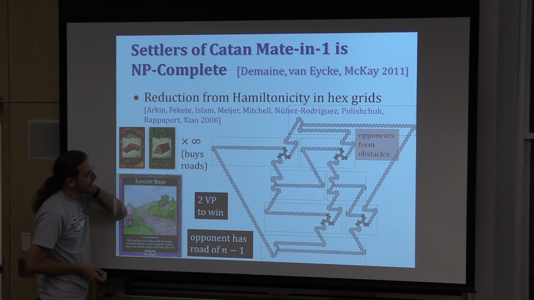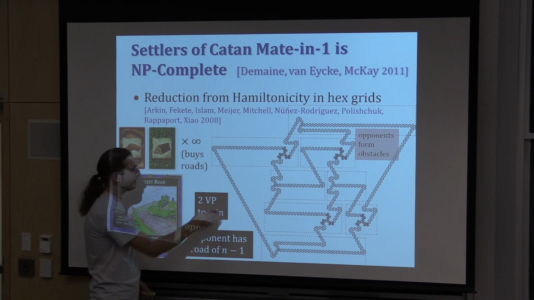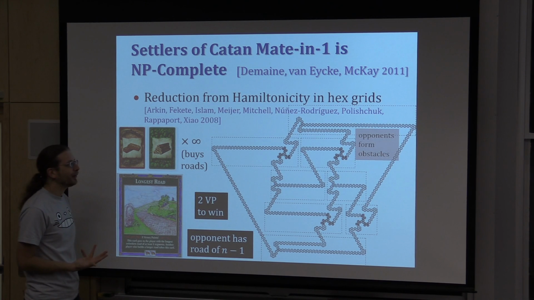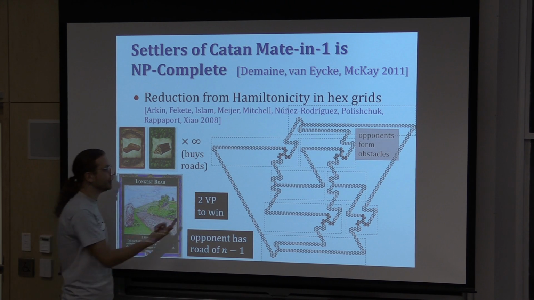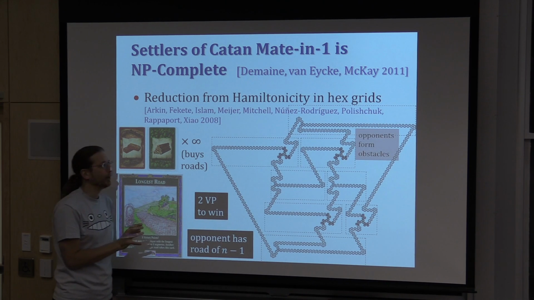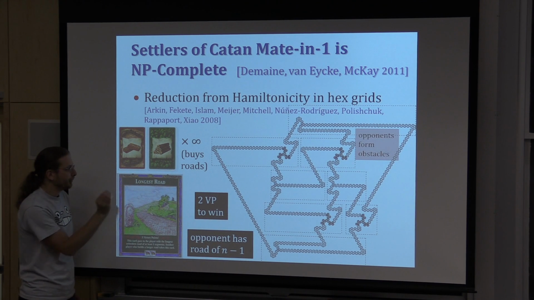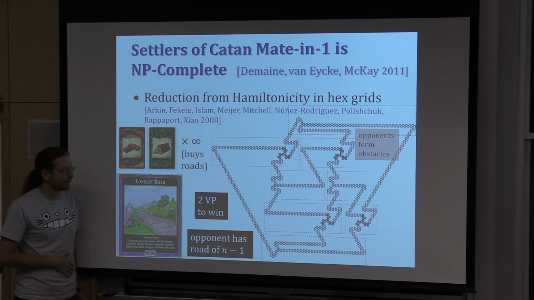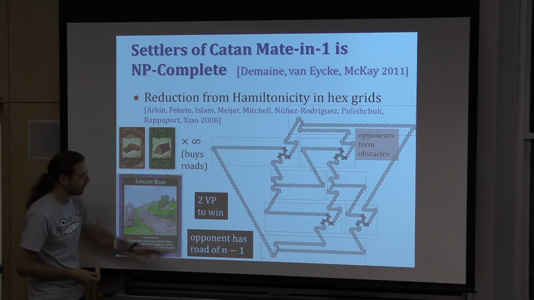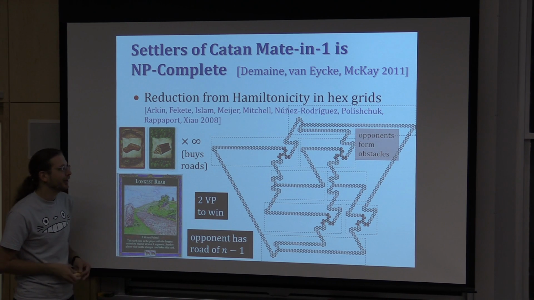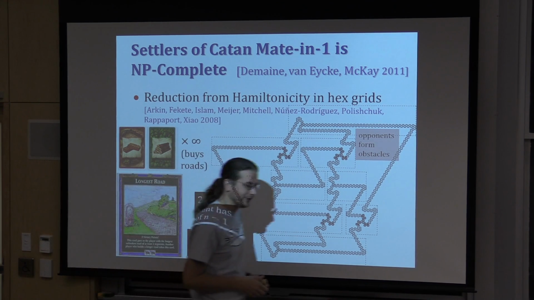And then because you have infinite cash, you can basically build the entire grid graph here. And then to figure out whether there's a really long road, namely a road of length n, where n is the number of dots that are not occupied by opponents, is NP complete. Cool. And your opponent has a slightly shorter road, so you really have to distinguish whether you have the longest